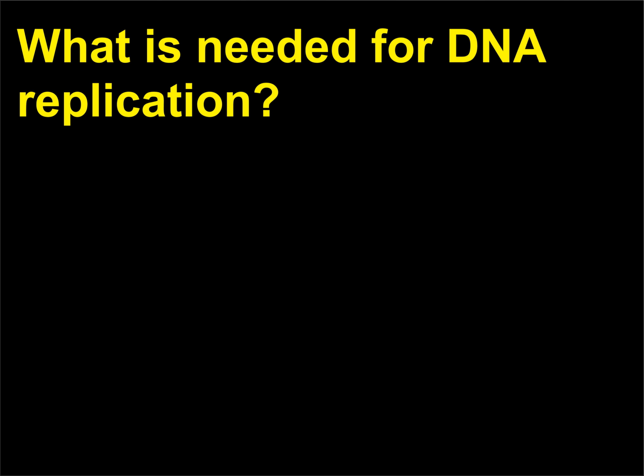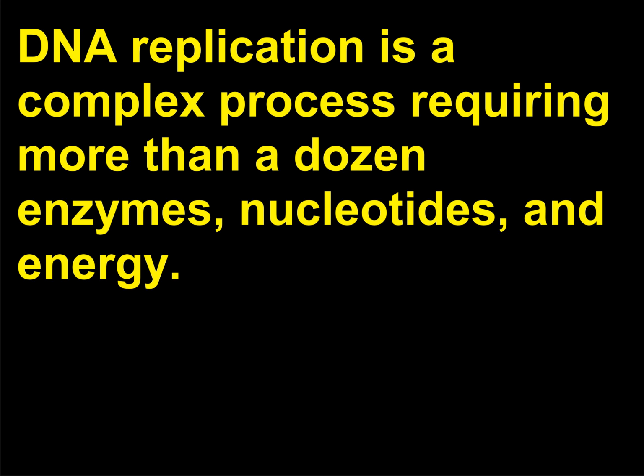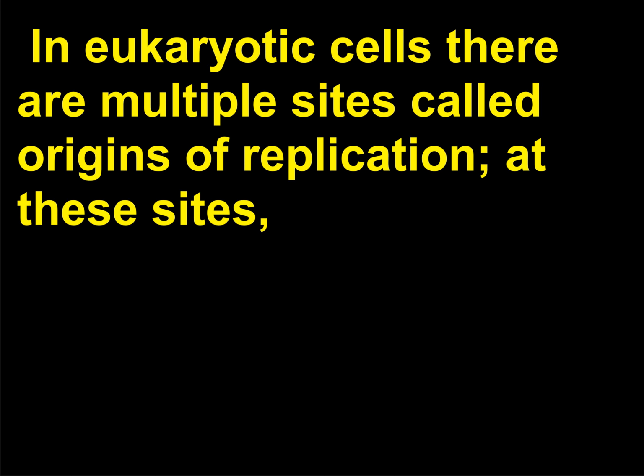What is needed for DNA replication? DNA replication is a complex process requiring more than a dozen enzymes, nucleotides, and energy. In eukaryotic cells there are multiple sites called origins of replication. At these sites,